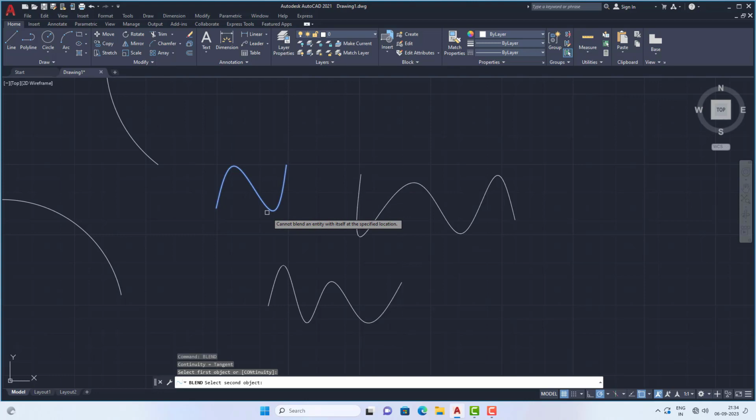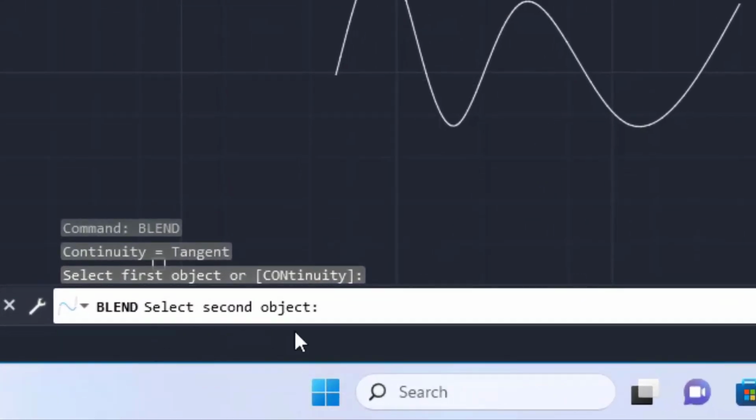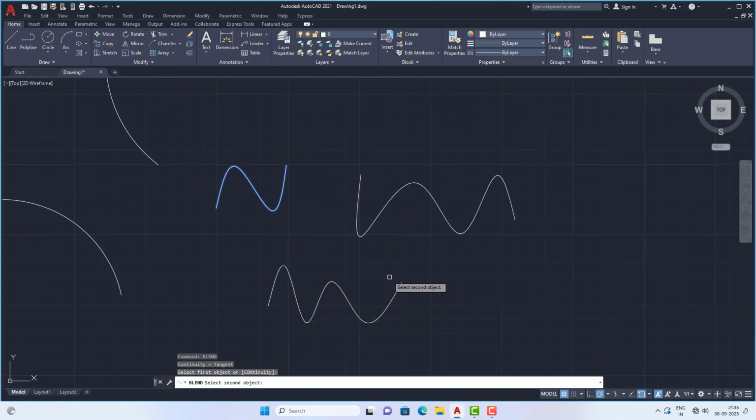Just click, then it will be highlighted. Then it is asking you to select second object. I am selecting this second spline, and I am clicking here. So to join two splines or any curvature parts, you need to use this blend option. To join these two splines, I have used this blend option.